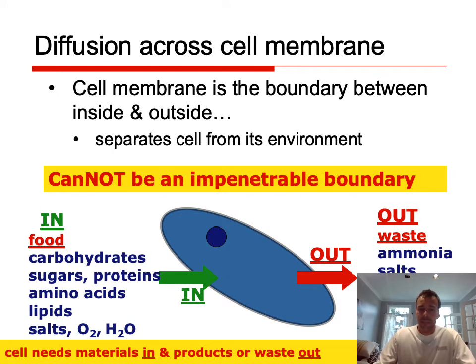So obviously the cell membrane is the boundary between the inside and the outside. It can't just be an impenetrable boundary, but we can't have just anything going in and out. So we're obviously taking in food from carbohydrates, sugars, things like that, and we're moving waste products out. So the point is here, cells need materials in and waste products out, and we have to move across the